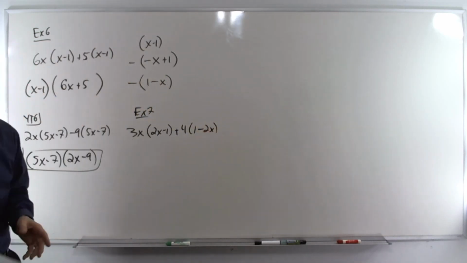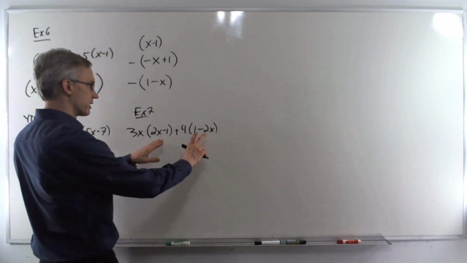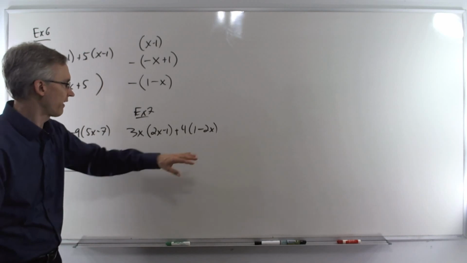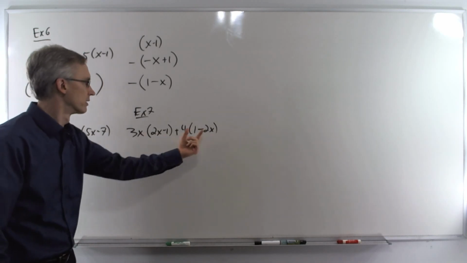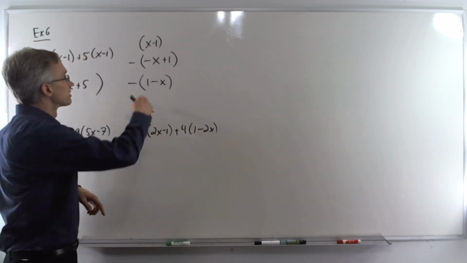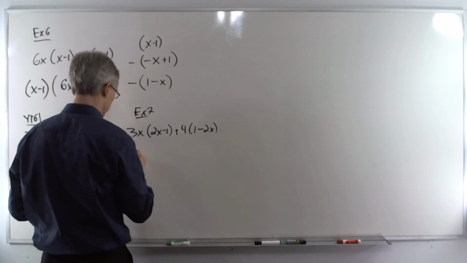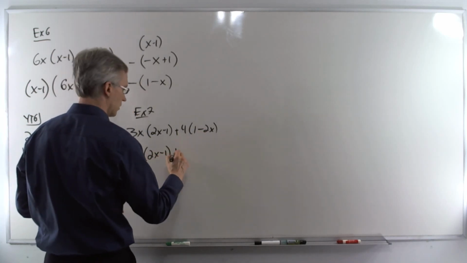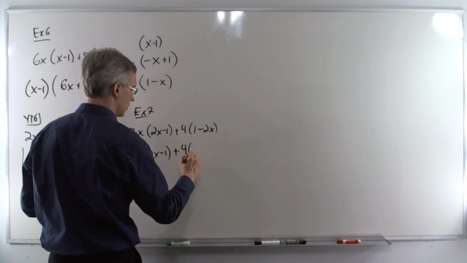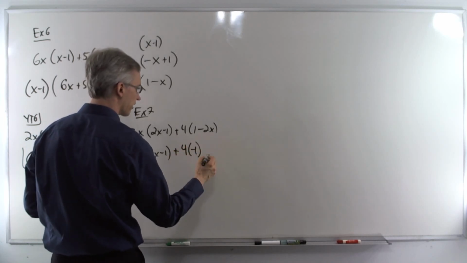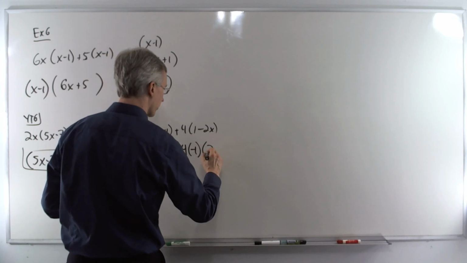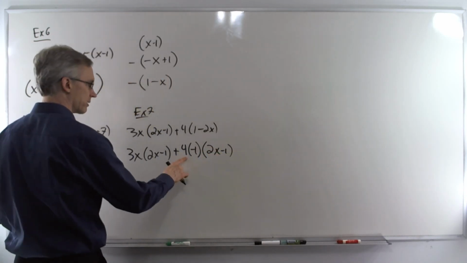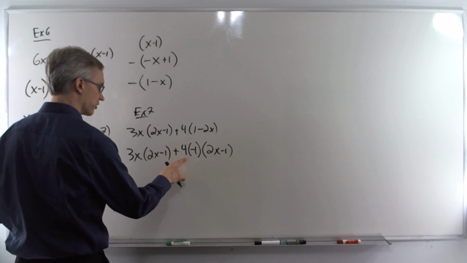Okay, so here we've got 2 binomials in reverse order. In order to be able to factor these out, we have to get them to match. So I'm going to use this little trick here on this one. I'm going to factor out a negative 1, and then reverse the order: 2x minus 1. All right, now 4 times negative 1 is negative 4,